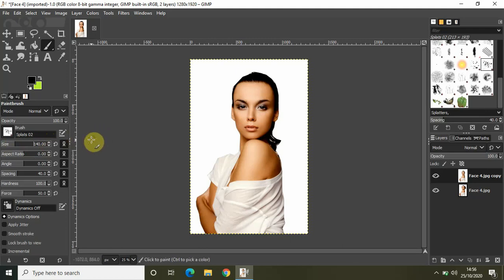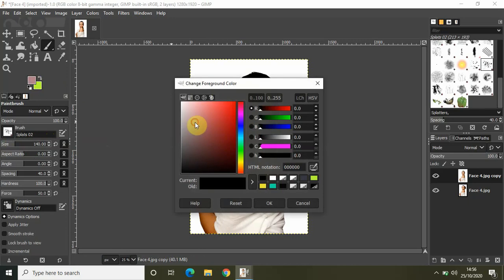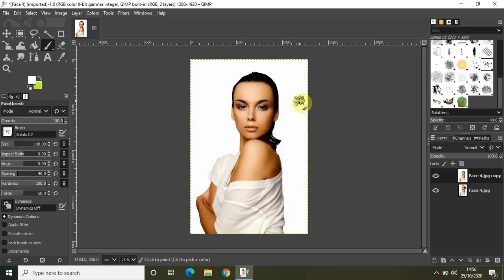All right. Now I changed the foreground color to white, and that's it. Now what you really need to do is gently apply the paintbrush right here.